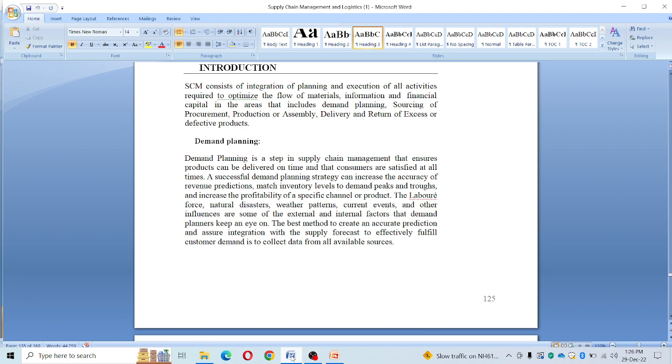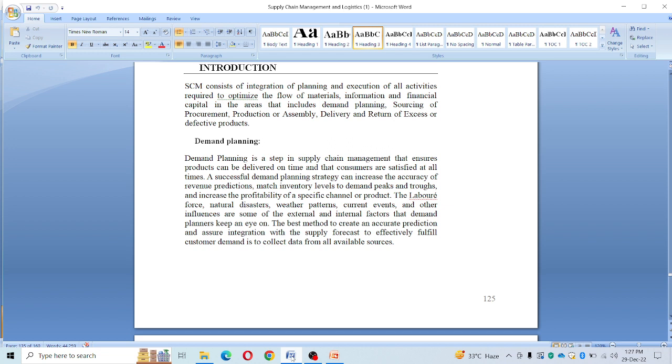तो क्या क्या चीजें नोटवर्दी हैं डिमांड प्लानिंग करते वक्त? एक, लेबर फोर्स, मतलब कितने लोग डिस्ट्रीब्यूशन में चाहिए। नेक्स्ट, अगर कोई डिजास्टर हुआ है तो हमें मालूम है there will be bottlenecks, issues in transportation, warehousing. वेदर पैटर्न, क्लाइमेटिक कंडीशंस को ध्यान में रखते हुए you will have the goods in transit प्लानिंग। करंट इवेंट्स, whatever are happening, like we saw in Covid times, what happened,